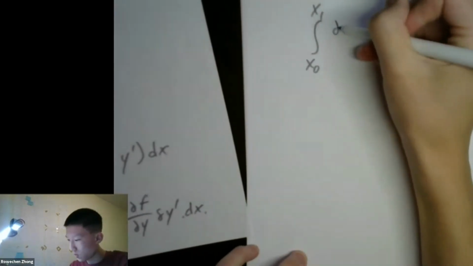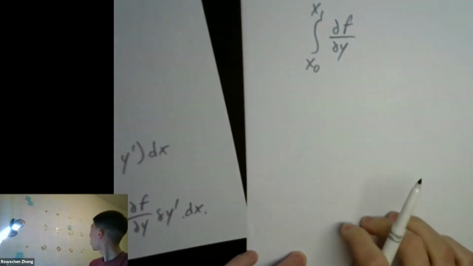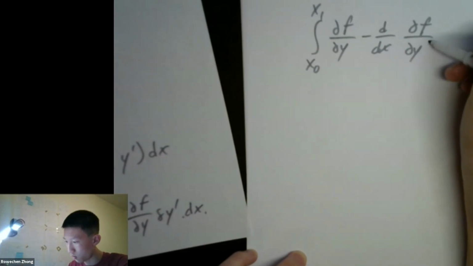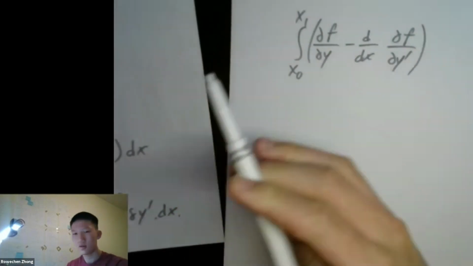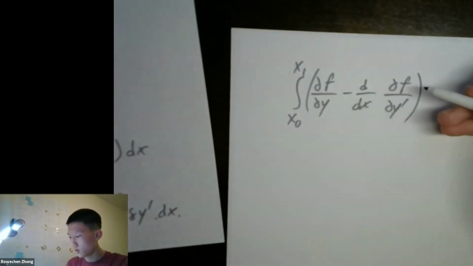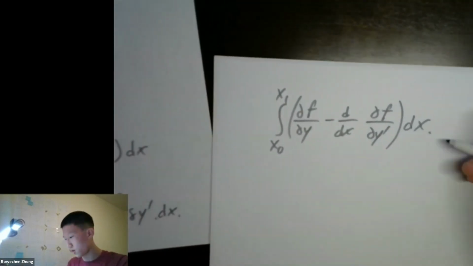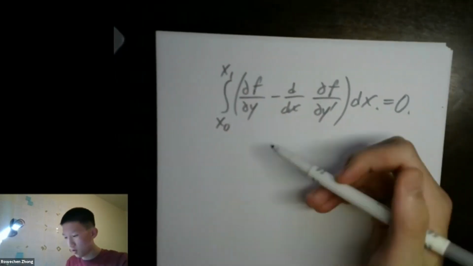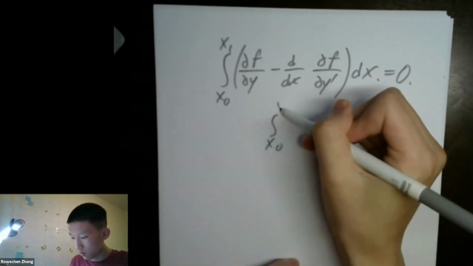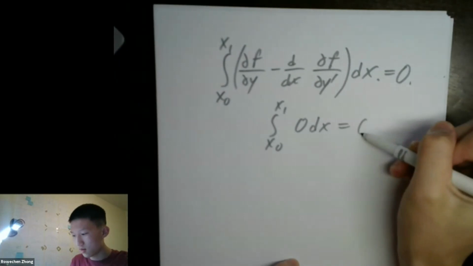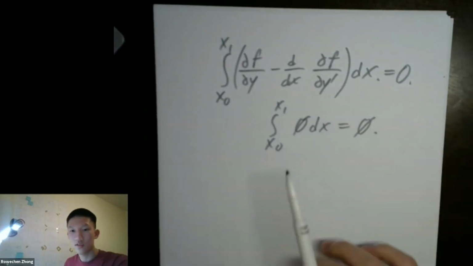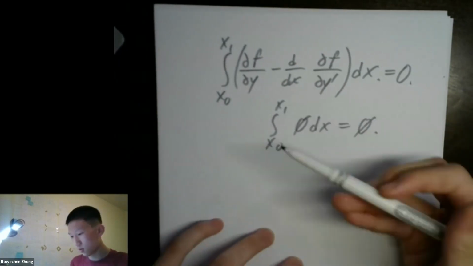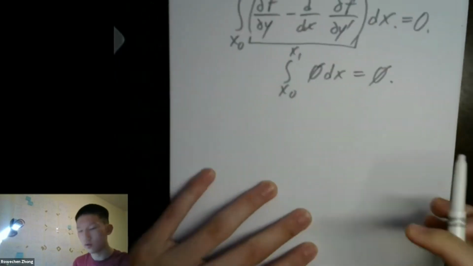the partial of f with respect to y, minus d over dx of the partial of f with respect to y prime. What does this say? Times dx. We're trying to set this equal to 0. Easy way to make something equal to 0 is to make the part on the inside equal to 0, because take the integral of a bunch of zeros. Remember, we're just adding. It's got to be equal to 0, right? This is saying if you add up a bunch of little zeros, if you add them all together, you're going to still end up with a 0. So the easiest way, take this part over here, turn it into a 0. What's that mean?